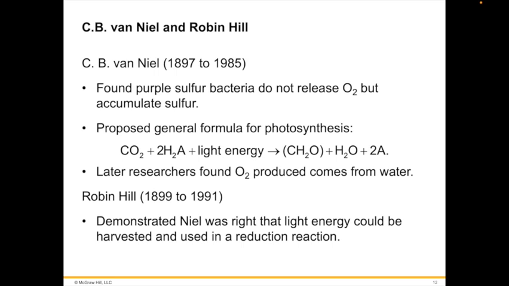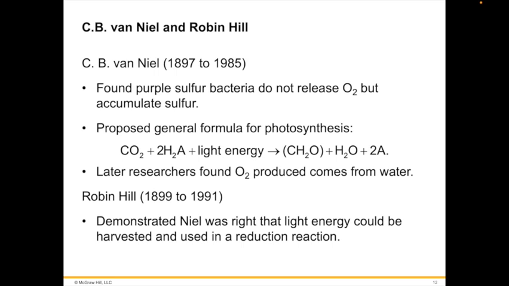In the 1930s, C.B. Van Niel, who worked at Hopkins Marine Station at Stanford, discovered that purple sulfur bacteria did not release oxygen during photosynthesis, and instead they converted hydrogen sulfide into globules of pure elemental sulfur that accumulate inside them. The striking parallels between Ingenhousz's and the bacterial equation led Van Niel to propose the generalized process of photosynthesis shown in your text and shown before you right here.